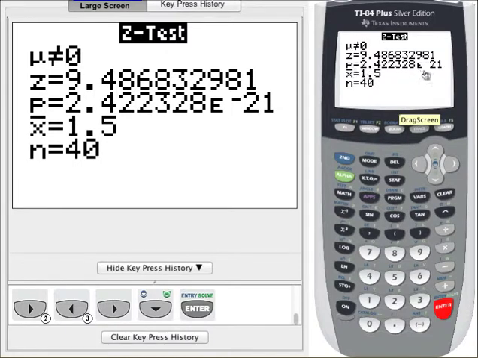If you ever see a p-value that looks like this, where you have a whole number, if you look at the end of the number, you'll see this e to the negative 21. That means that you moved the decimal place to the left 21 times, which would make this number be 0, well, there'd be 20 zeros, and then 242... Okay? In this case, anytime I see this e to the negative, alright, if that negative number is bigger than 4, I'm going to use 0.000